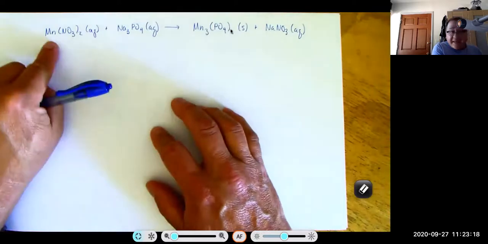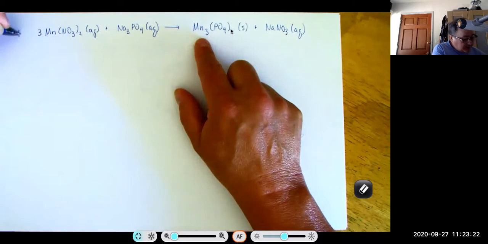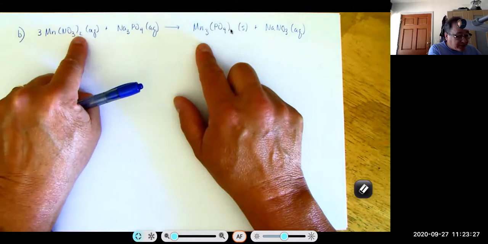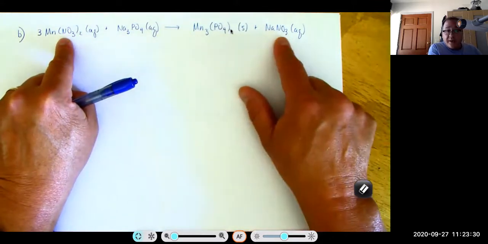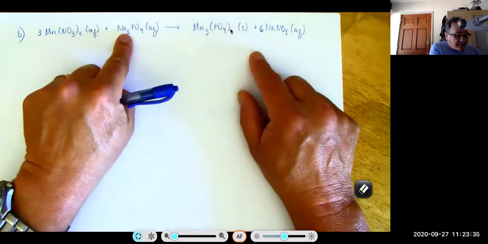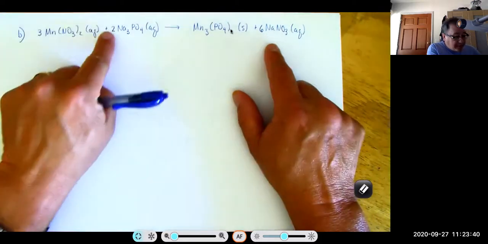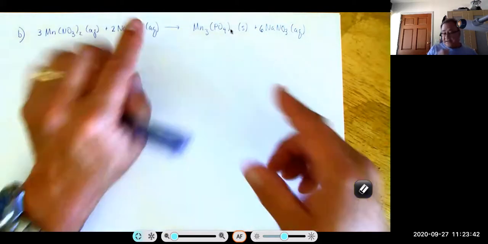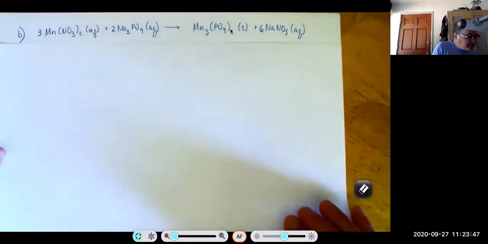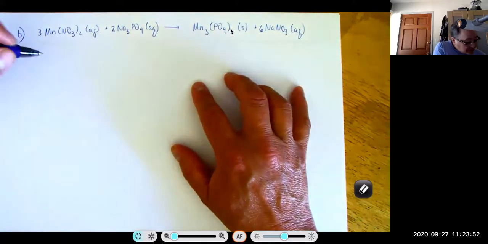So I have 1 manganese here. I have 3 over here, so I'm going to put a 3 here. I have 3 times 2 for 6 nitrates. Here I have 1 nitrate. Here I have 3 sodiums, and here I have 6 sodiums, so I'm going to put a 2 here. And I have 2 phosphates and 2 phosphates, so it's balanced. Now, they give us the solution already that this is the product. Let's see if we would come to the same conclusion. So let's pretend